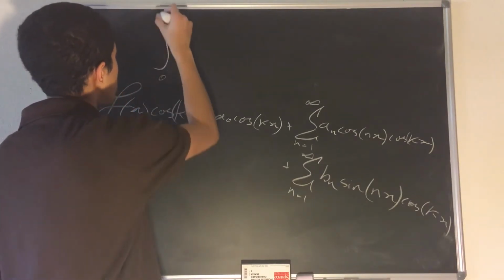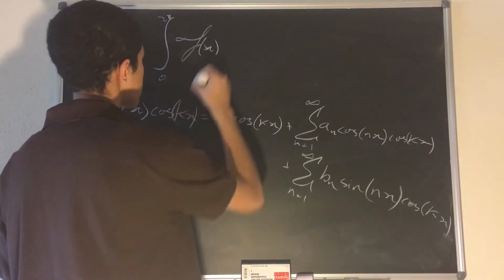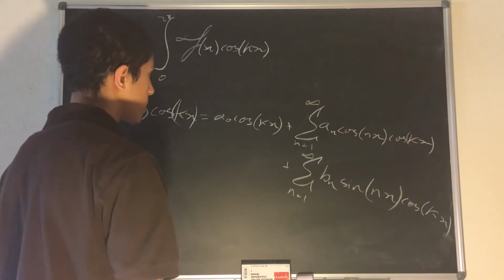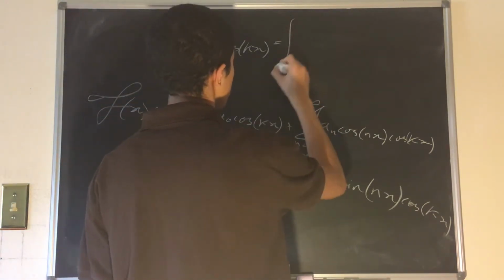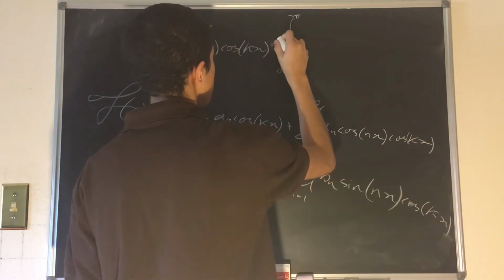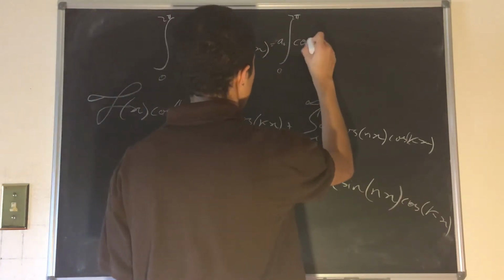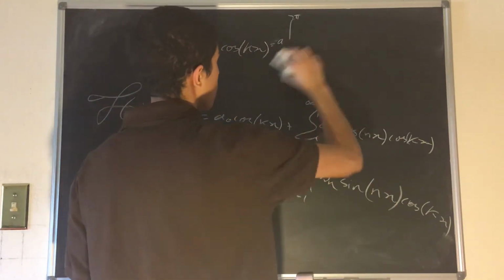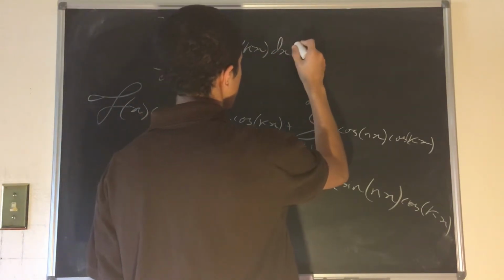So we have the integral from 0 to 2 pi of f of x times cosine kx, and remember k is simply an arbitrary integer, is equal to a0 times the integral from 0 to 2 pi of, and we can always pull the a0 out because a0 is a constant, so that's cosine of kx dx. Oh, I have to add dx's here, don't I? Cosine kx dx is equal to